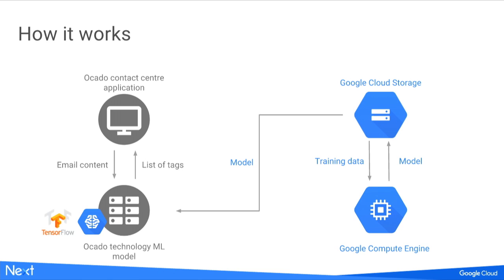We actually store all of our customer emails as an archive. We have a corpus of about 3 million emails stored. They were actually all stored on premise, and before we pushed them into GCS, we had to do a load of data prep. We wanted to remove all of the personally identifiable data. People do put credit cards, a bit like the demo today, you know, people can be a little easy with their information. So we ran some pre-processing, and once that had been stripped out, we tokenized it, so we kind of retained the meaning. We pushed that into GCS, and then basically ran a training of a model,